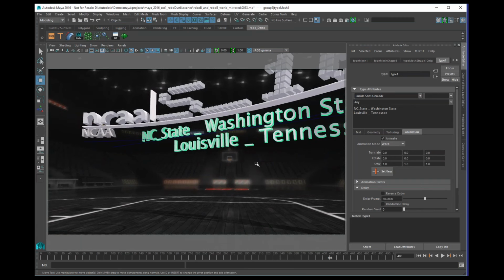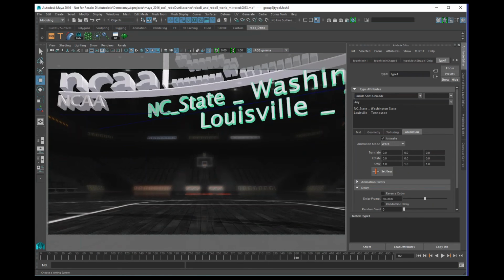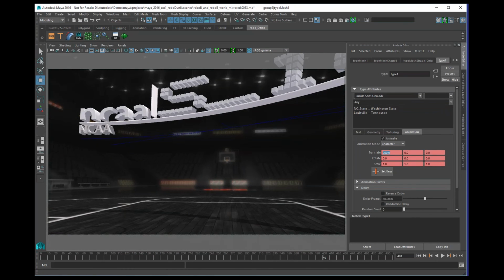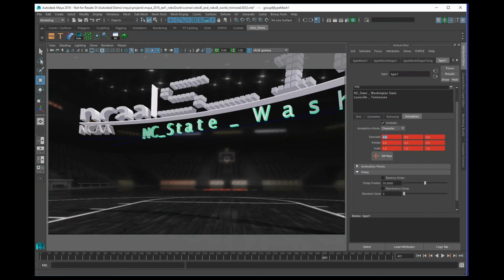So here is one state of my animation. Let's say from here, for example, I don't want to see my text at all. So I'm using the translate tool to translate it off screen, and I set a keyframe here. And then some frames later, I zero out this translation and set another key. And depending on this delay here, because I have a delay frames option switched on, when I